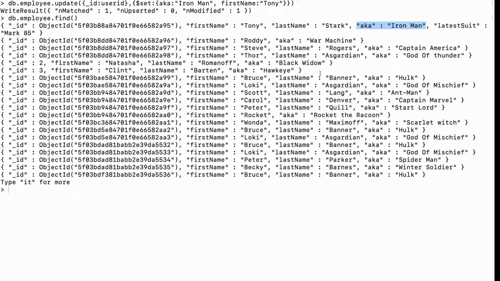Especially right now we have only a few records, but in the real world we can have millions of records, and in that case, if we do the process that way, it can take a very long time and it is not an efficient approach. But if we go with our second approach of updating with operators, it is very easy and